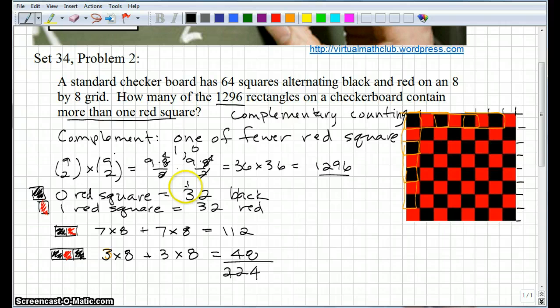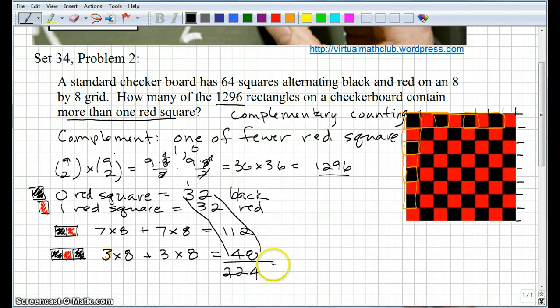Right? Make sure I got that right. 6, 7, 11. I should get 224. I'm not adding right here. Oh, I see. I got my column kind of skewed here, so it's hard to see what I'm doing. All right, so we have 224